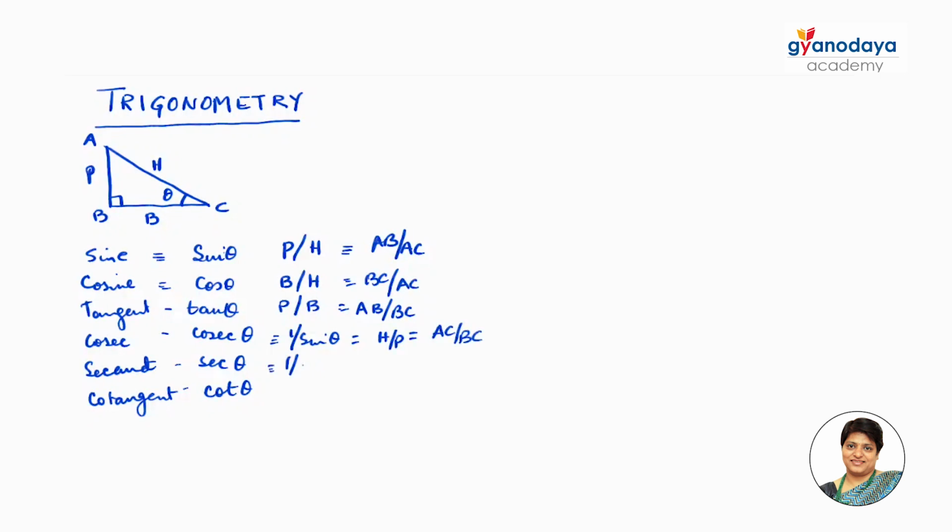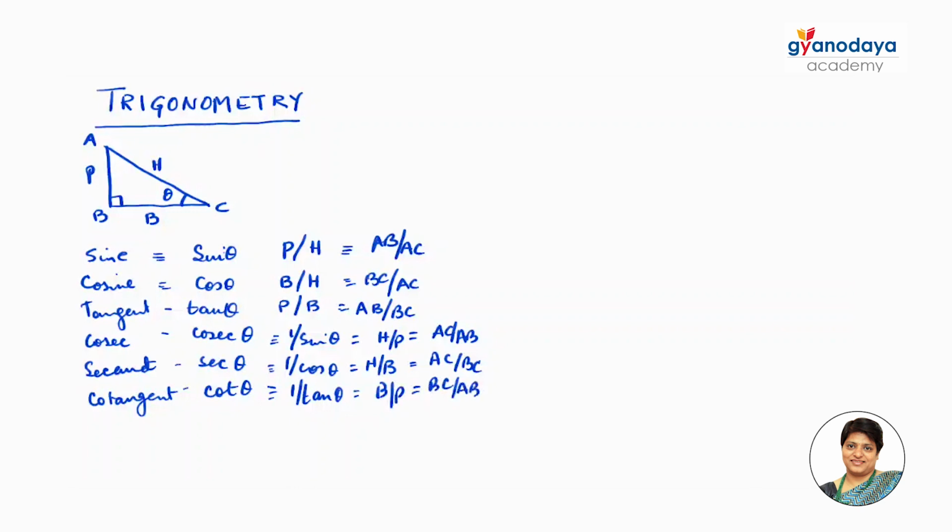Secant theta is 1 by cos theta, which becomes hypotenuse over base, which is AC over BC. And cot theta is 1 by tan theta, which is essentially base over perpendicular, which is BC over